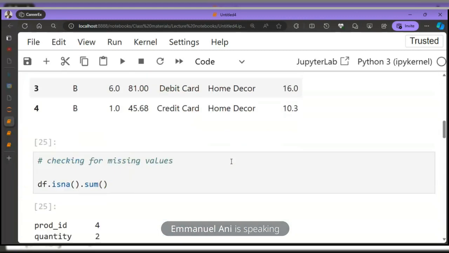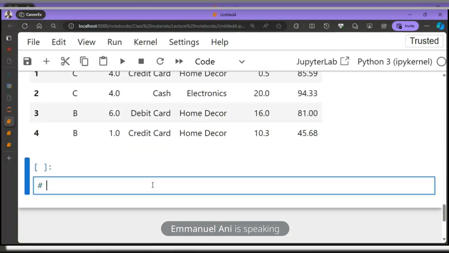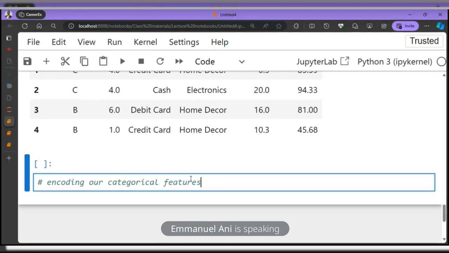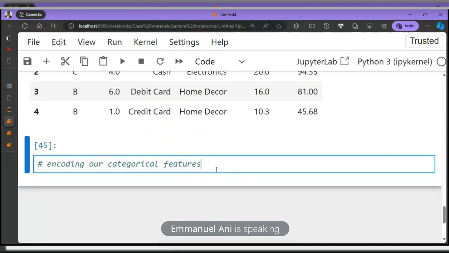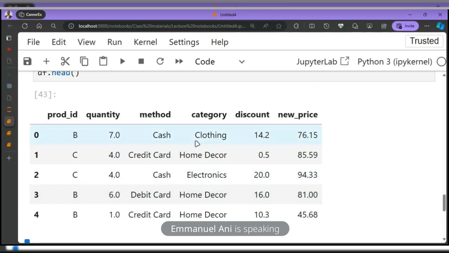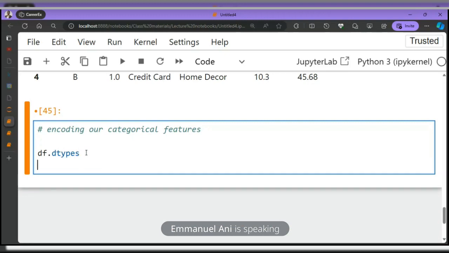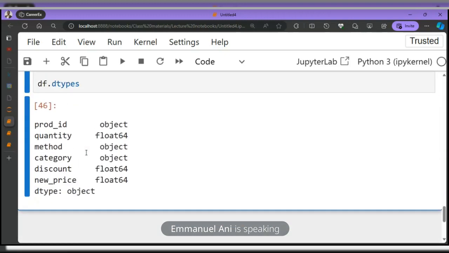So now we'll quickly demonstrate how we can encode our categorical features. From now on, just be calling all your variables features. That is what, remember, feature engineering. So now we have this, right? We can quickly just say df.dtypes to check the data types of our